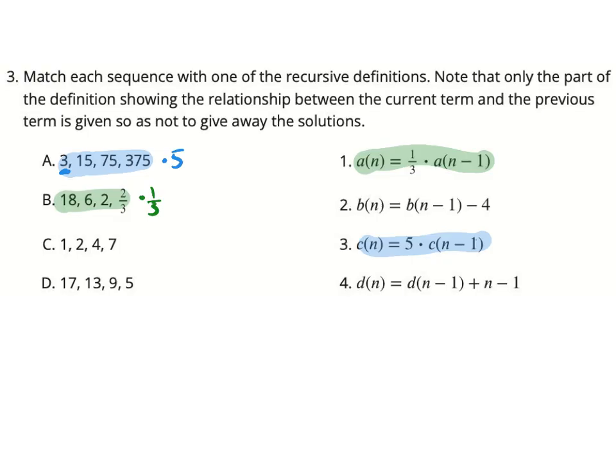plus n? So for step 1 is 1. If I plus n, step 2 is 2. 1 plus 2 is 3, minus 1 is 2. Okay, that works. 2 plus 3 is 5, minus 1 is 4. That works. 4 plus 4 is 8, minus 1 is 7. That works. So I think the next term